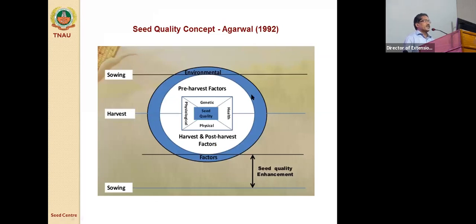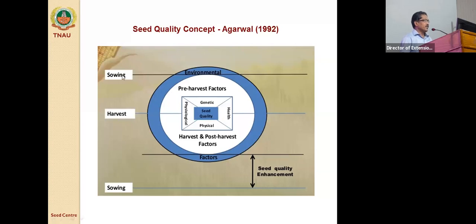As per Agarwal 1992, he stated that seed quality, right from sowing to next sowing, through harvest, storage, and the final sowing, these four characters, genetic, physical, health, and physiological qualities, are largely governed or controlled by environmental factors.